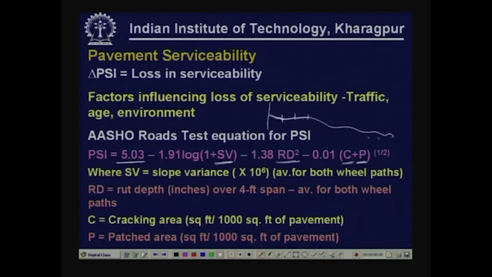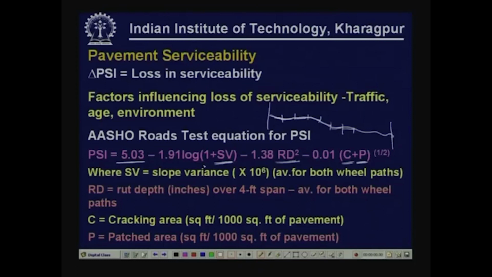So, if there is the stretch that we are considering, slope is measured over small lengths and the variance of all these values is given as slope variance. Rut depth is measured over a 4 feet span in terms of inches. This has to be taken as the average